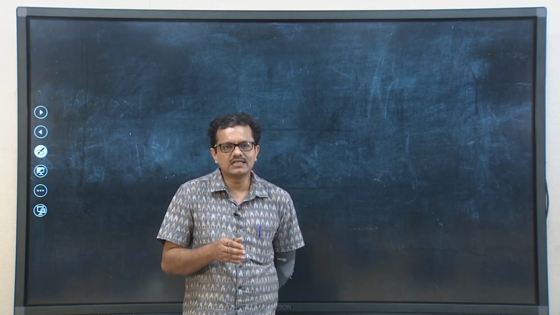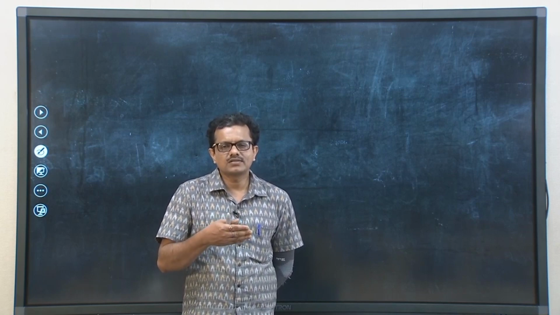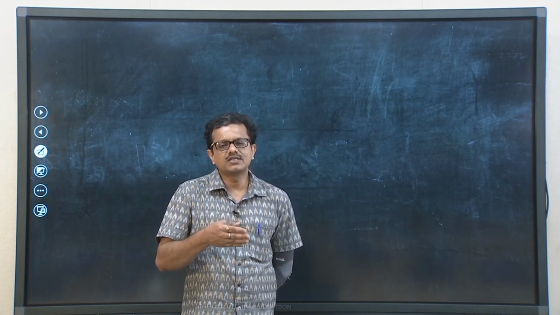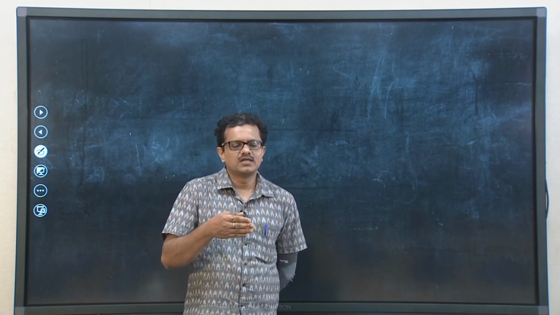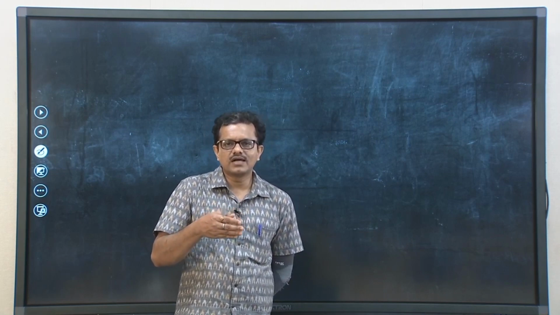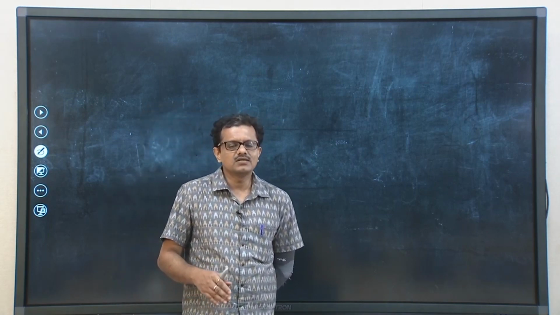So, we had seen that this particular type of turbine works on the basis that high velocity jets of water from a flow nozzle is directed onto the vanes or blades,